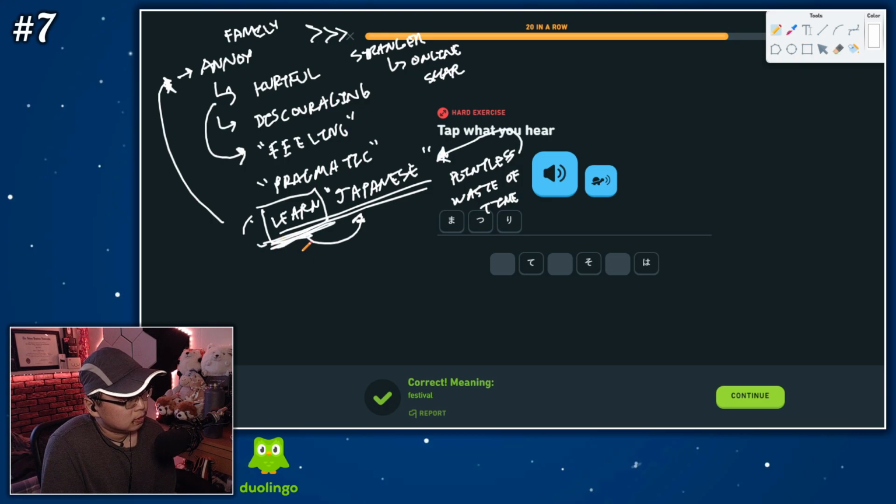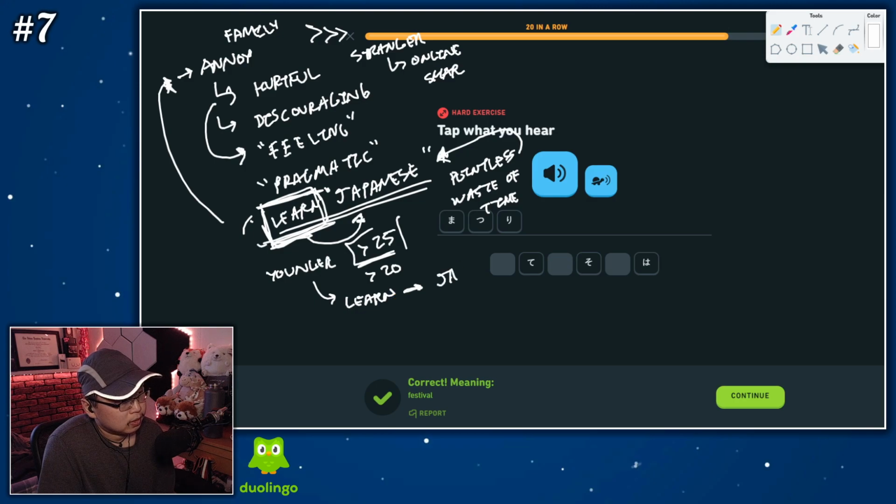Ask yourself, if you learn Japanese, what do you gain by learning? If you're younger, I'm going to say you're definitely younger than 25, somewhere around there. I would say even lower, you're younger than 20, because of the discouraging nature, how someone can annoy you and discourage you from this. You can demonstrate that if you learn something, and learning Japanese, you're 17, okay. If you learn Japanese, if you tell your folks,